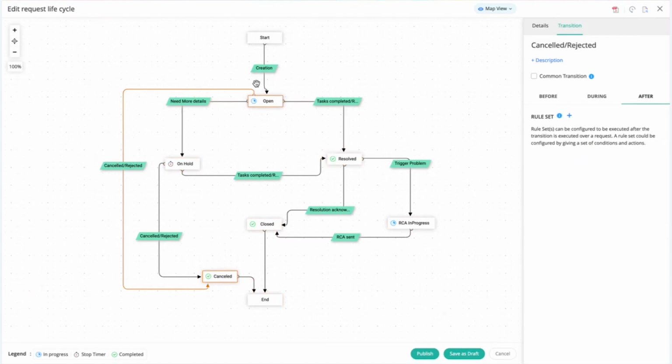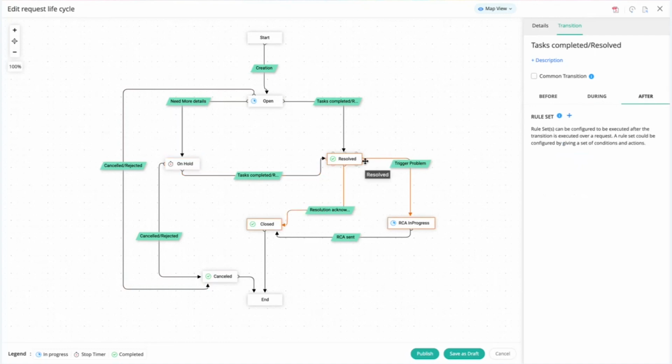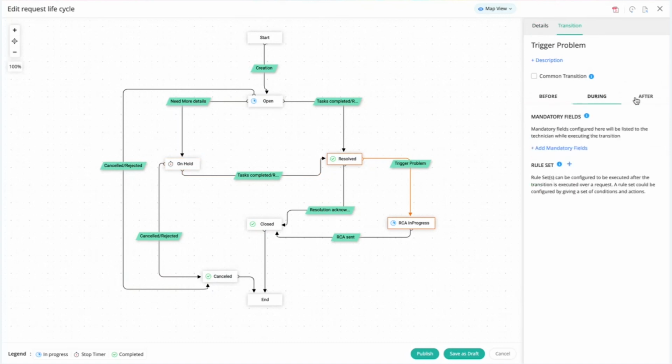We also had, so we moved from open to on hold. And at this point, we clicked on task completed, which moved the ticket into the next state, that is resolved. We also saw how a problem ticket was created as part of this transition. That is available under trigger problem. This was only shown to an SD admin, and once the button was clicked,